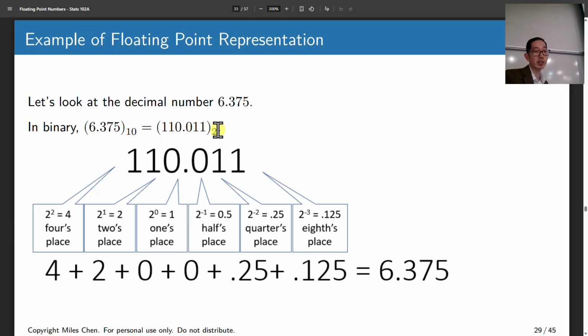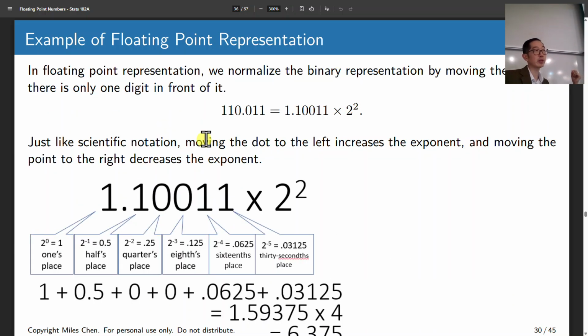So 6.375 in binary is 110.011. And then to make it normalized scientific, I'm going to take the binary point and roll it over to the left 2 places. And so when I do that, I'm going to get